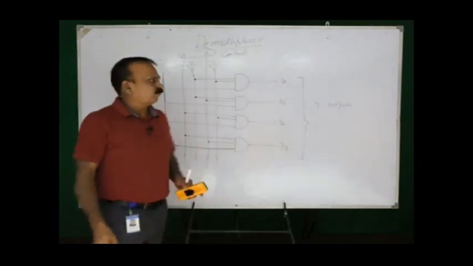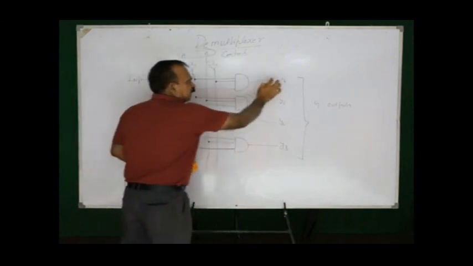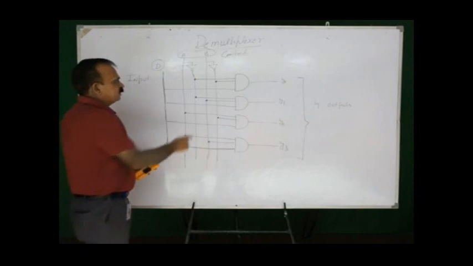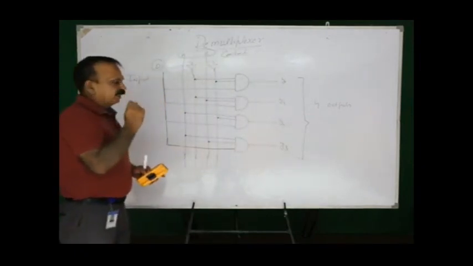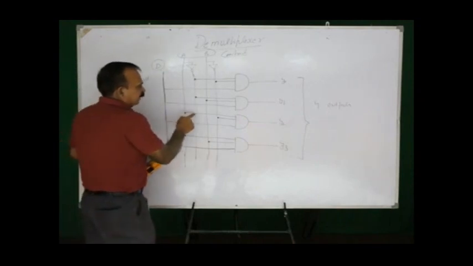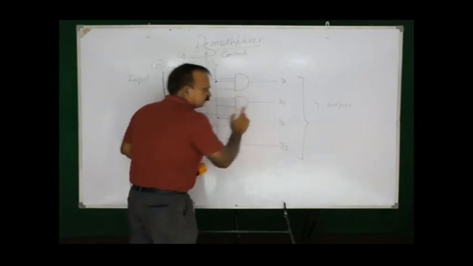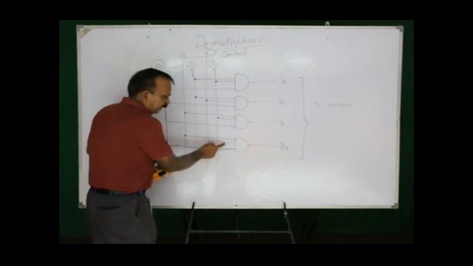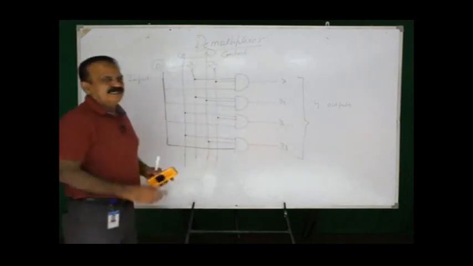If control signals are 1 1, then A bar and B bar will both be 0, and this value is going to be 0. Now A and B, since B is equal to 0, this value is again going to be 0. Now A and B, since this value is B bar, this value will be 0, so Y0 is 0. But the last one is A, B and D, that is 1, 1 and D, and positively Y3 will be equal to D.